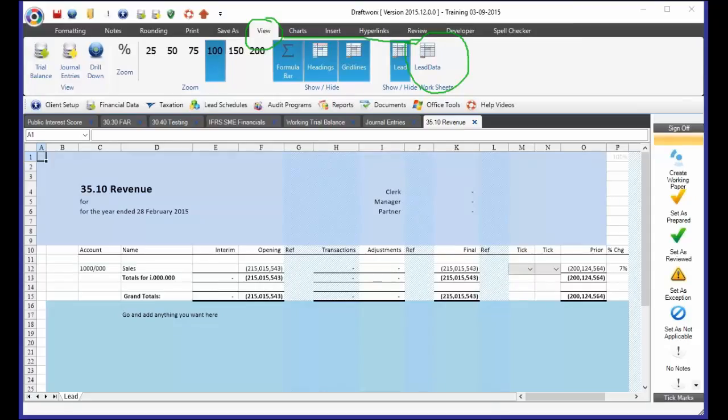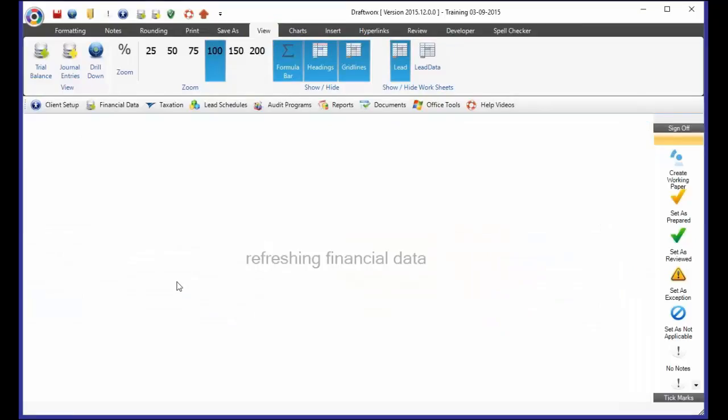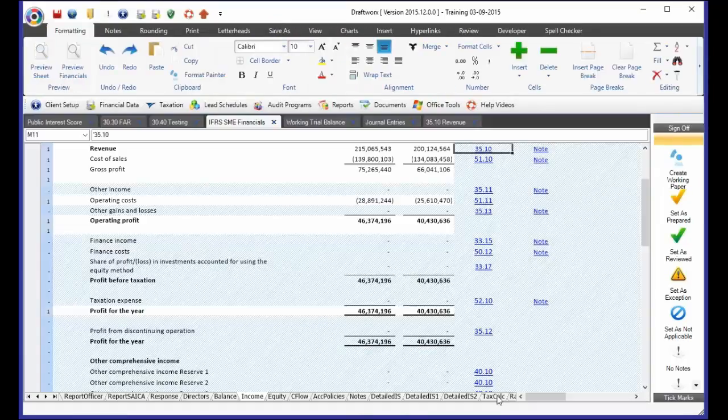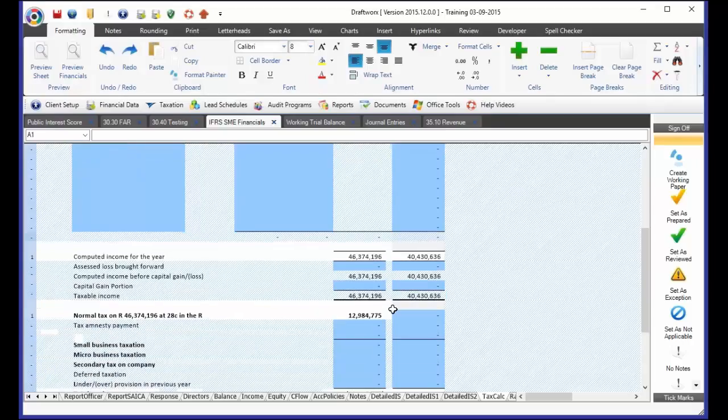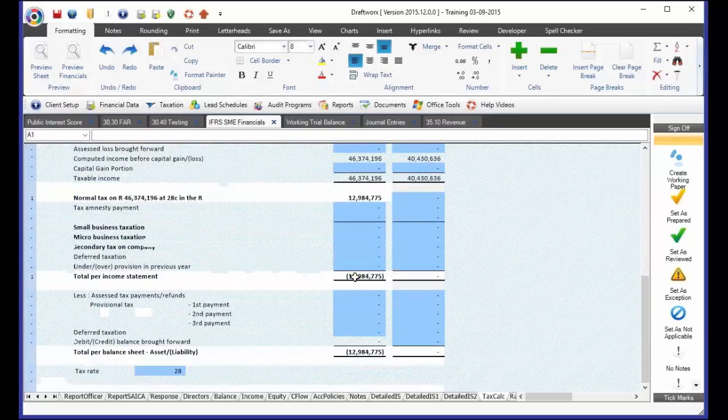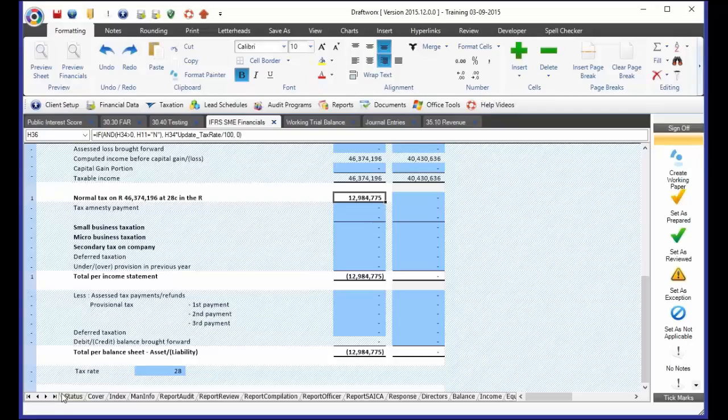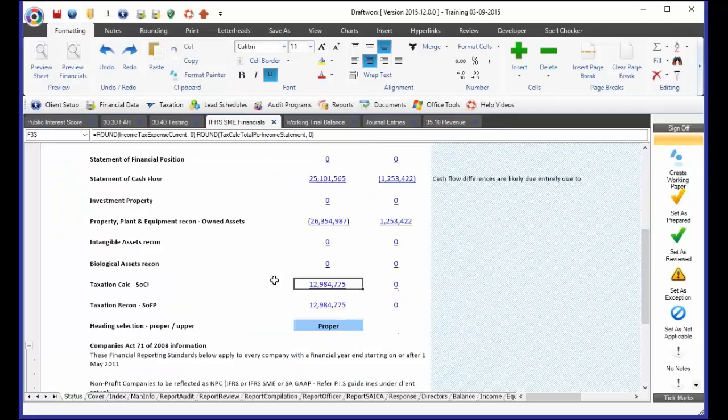I've got a question about pulling in the income tax liability calculated after, I'm assuming in the tax calc sheet that we have. Let's just quickly address this. How do you reflect this tax calc in your financial statements? Okay, so if any of you are familiar with this tax calculation, you'll see that it's telling me that normal tax here is supposed to be 12 million and there's a liability. But obviously, well, in my case, because if I go to my status sheet, I'm sitting with a 12 million